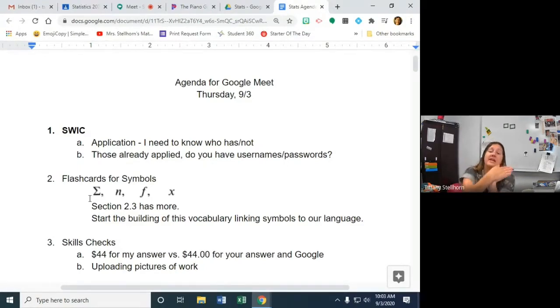So anytime I see a capital sigma, I need to think of the sum of. Anytime I see a lowercase n, I need to think of number of data in a sample. Anytime I see a lowercase f, it means the frequency. Anytime I see a lowercase x, it stands for the data entry. All right, so be on the lookout. Tomorrow there's going to be more, and if we can get ahead on this, also,